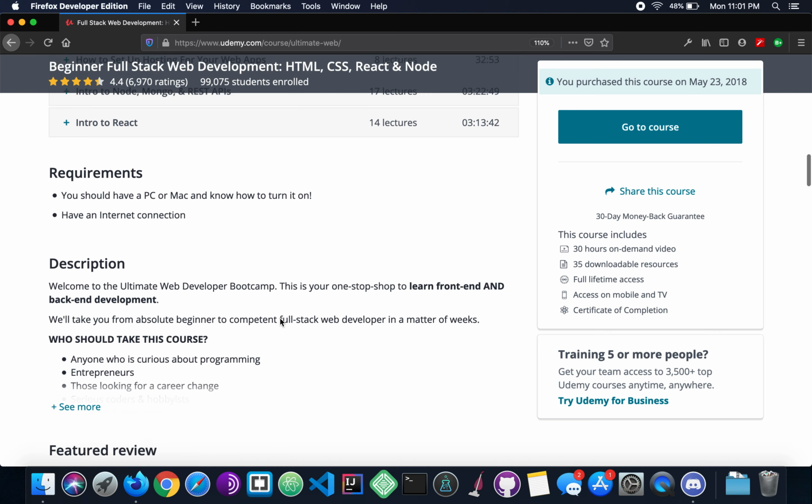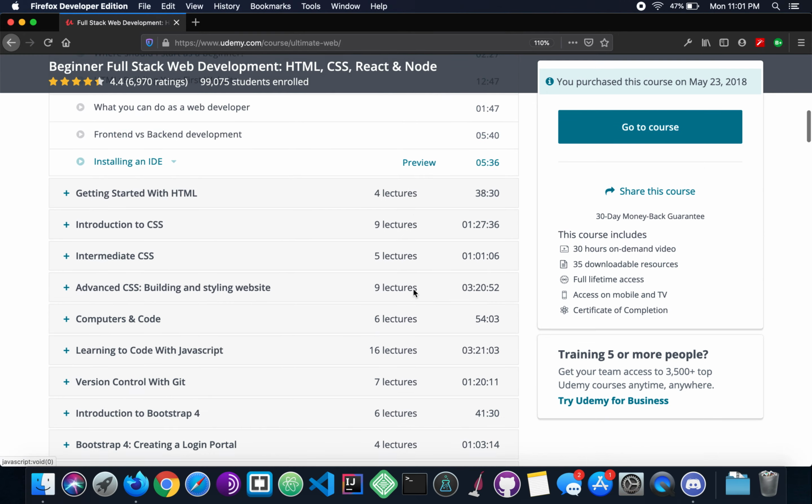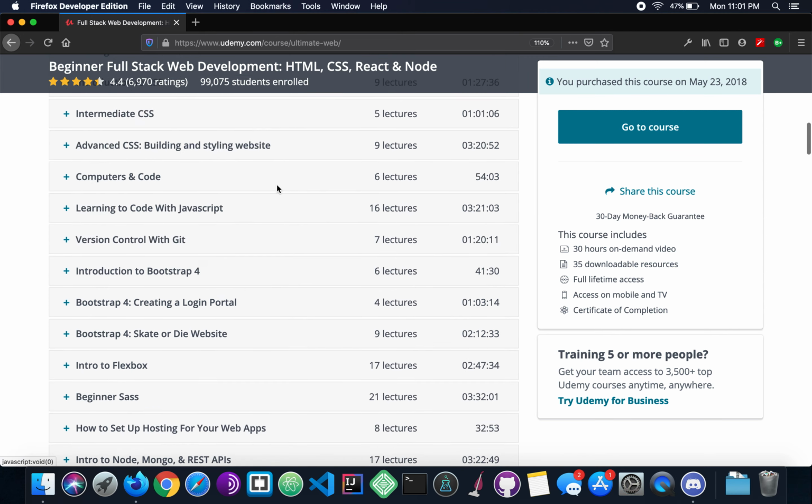So the first thing you want to analyze is the time over here. This one takes like 30 hours. So the amount of time that you're gonna spend learning it is 30 hours. So you have to think, hey, I'm gonna spend 30 hours. Is this gonna be quality material that's gonna be good for me and that I'm gonna take advantage of, or is it just gonna be some brief information? And you want to click on all the lectures,